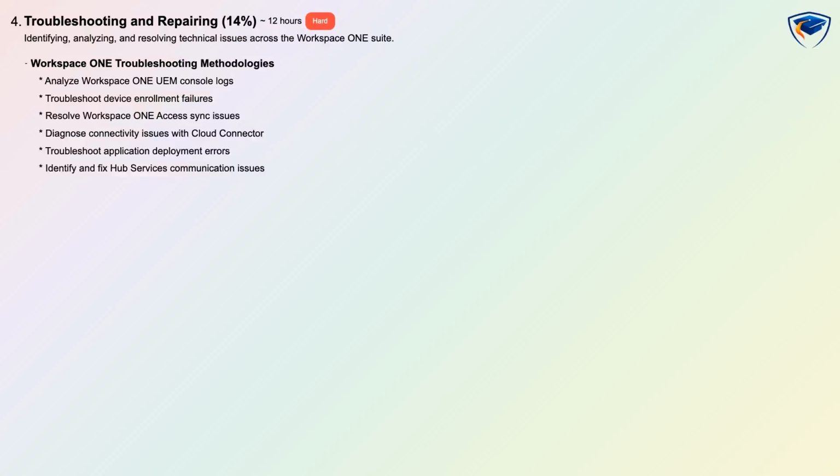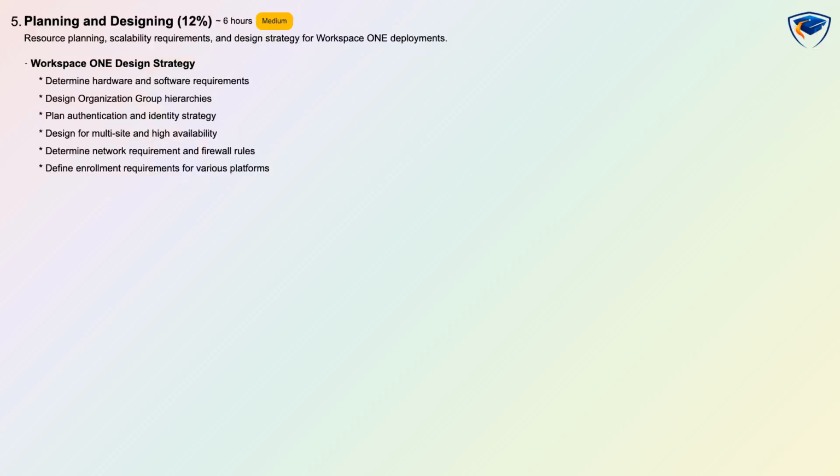communication issues. Planning and designing covers 12% and focuses on resource planning, scalability, and design strategy for Workspace 1 deployments. Difficulty is medium with about 6 hours of study and conceptual plus scenario-based assessment. You will determine hardware and software requirements, design organization group hierarchies, and plan authentication and identity strategies. The domain also includes designing for multi-site high availability, defining network requirements and firewall rules, and setting enrollment requirements for